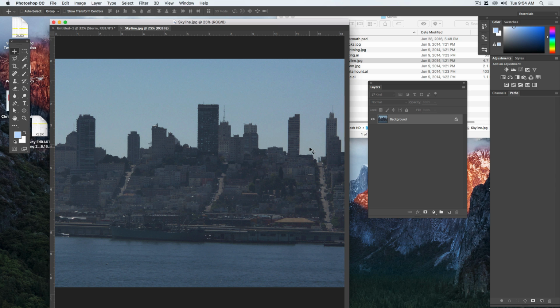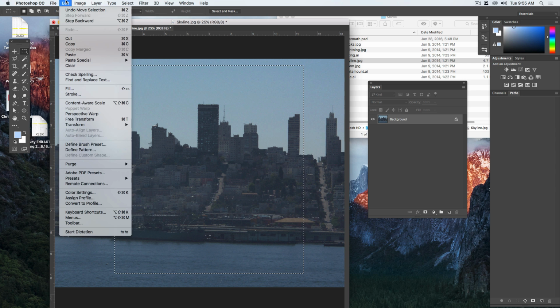In this case, I don't want all of the buildings. I'm going to use my selection tools, and they're called your Marquee tools. Next class, I'll talk more about the lasso tools and the other kind of selection tools. But the Marquee tools, there's rectangular and elliptical, allow you to click and drag over an area and select exactly what you want. You can see why it's called a marquee. It looks like little marching ants of lights that go around your particular area. If you click inside of it, you can move that selected area around, but this is telling Photoshop to look at just those pixels. I can then go to Edit and Copy,